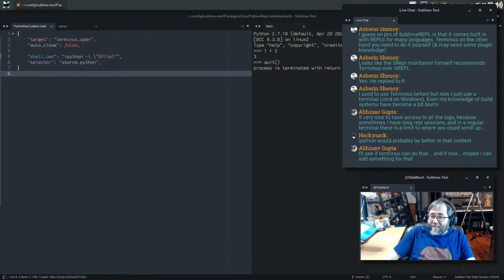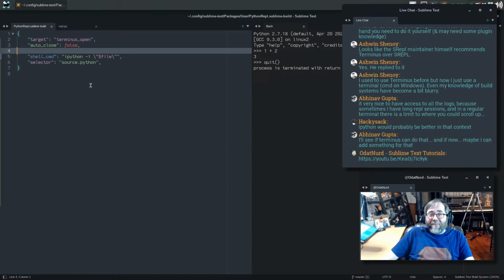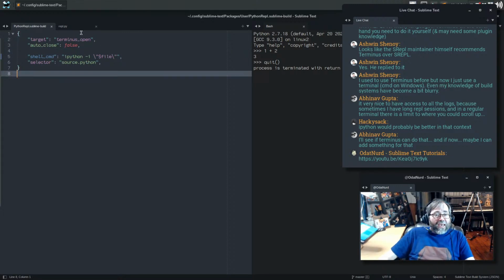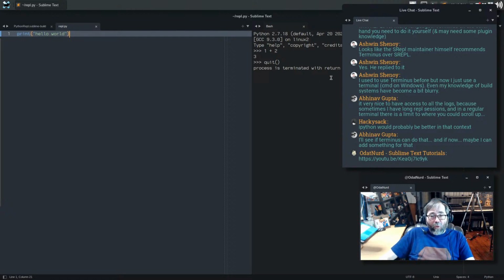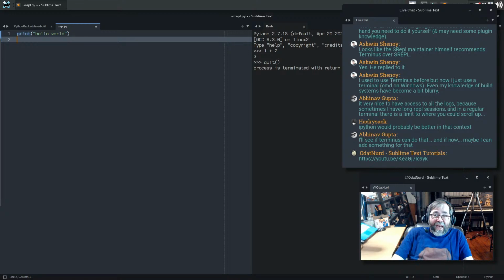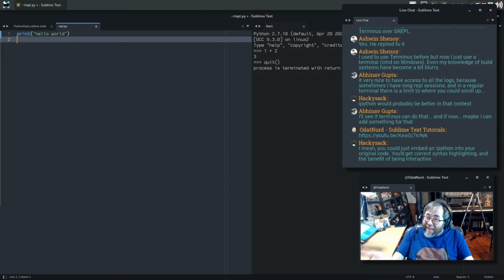I would recommend, if you haven't seen it, this video, which goes through some of the stuff that we just covered here, sort of impromptu, including setting this up and having a little minimal plugin, which is just one way to do it, where you could hit a key in here to build, have the REPL open over here and run the code from this file, and then still interact with the REPL, and also come over here, select some code, hit Control Enter and have it send the code that you selected over to the REPL to execute it and keep running, which I think is probably pretty handy.